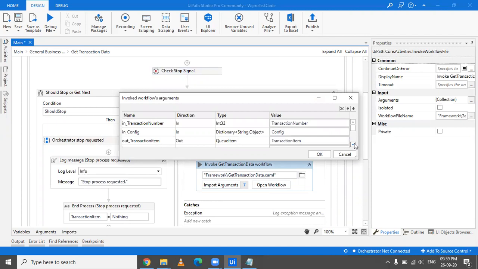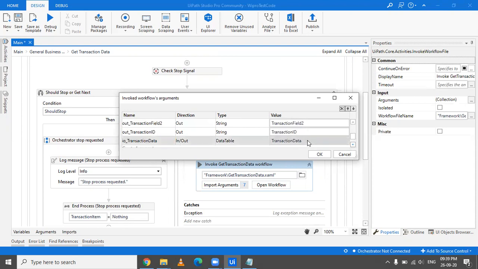So that means we are first sending in. So this is in, that we are telling the get transaction data, get us the first transaction. And here it is getting us the first transaction. It's like in the Excel, if it's written in the first row that ABC, so we are telling here, when we are sending an in argument, get us the first row, and here you will be getting what is the data present in the first row. And we are passing the config where all the configurable settings are stored, and then these are the field 1, field 2, transaction ID and transaction data.